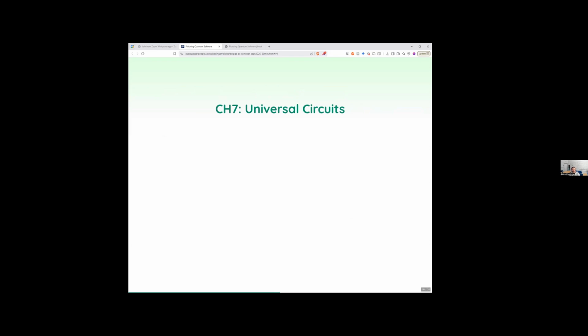Okay, so that first part of the book is all about the efficient stuff. So these are the things that we can really do exactly and efficiently, up to and including the Clifford fragment of ZX calculus. In chapter 7, we start to go beyond that. So we talk about universal families of circuits.